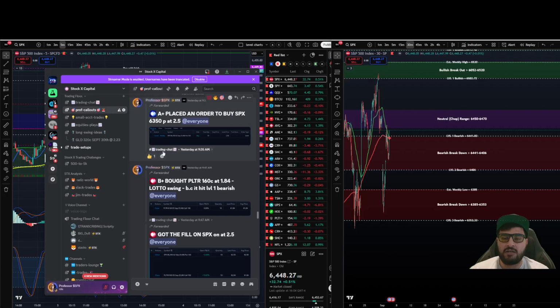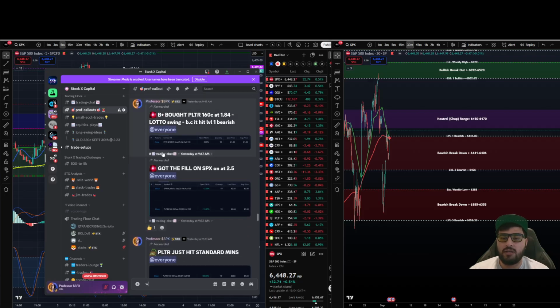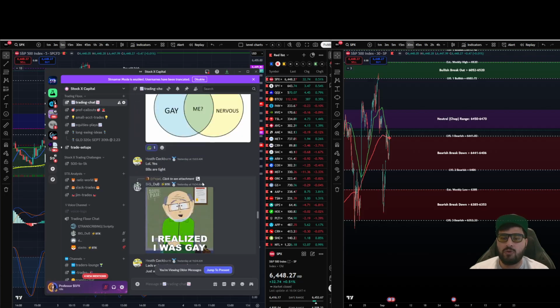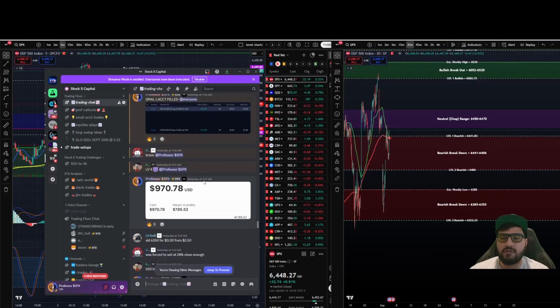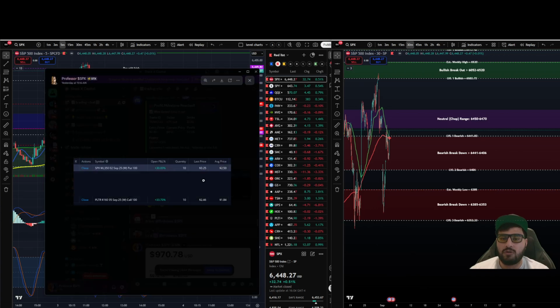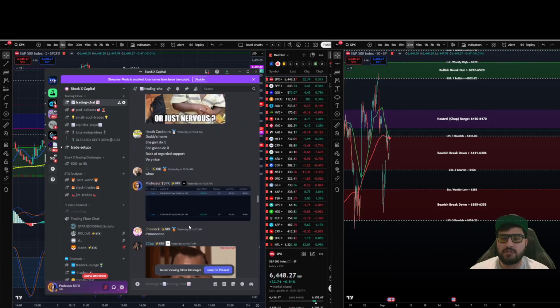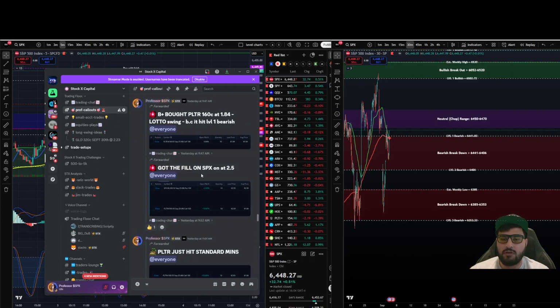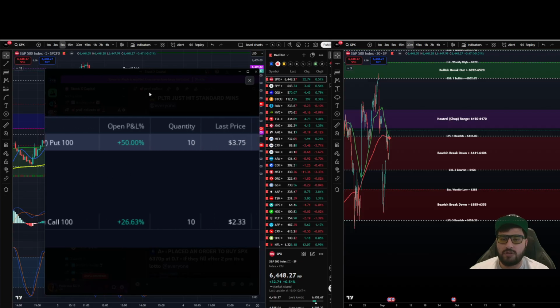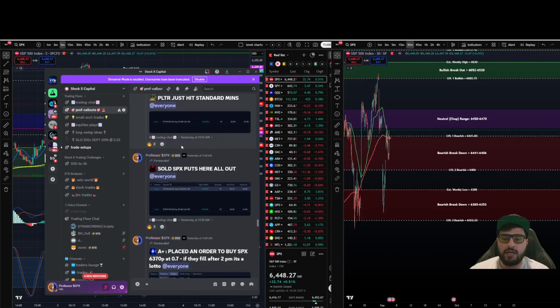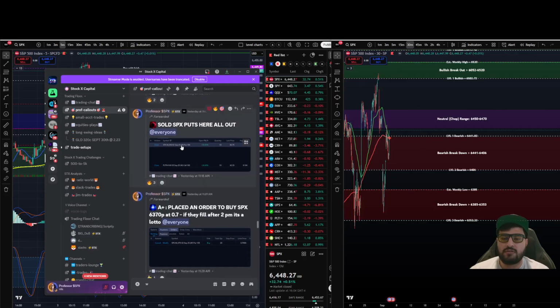We actually held it on because we wanted to swing. And while we were going through this here, that SPX put that I gave at 2.5 managed to do very well overall. Okay, so it managed to give between 50 to 30% from what I remember here. If we go down, we actually sold up for 50% right there and then. Okay, it went way higher, but we want to make sure that we did not